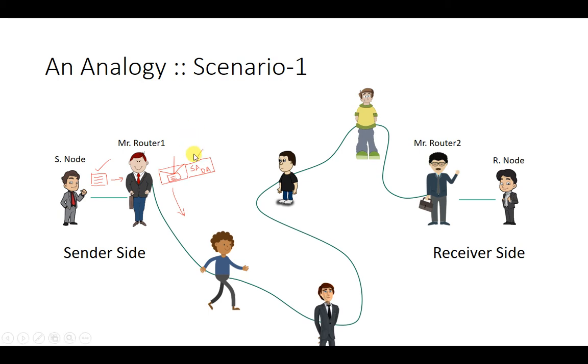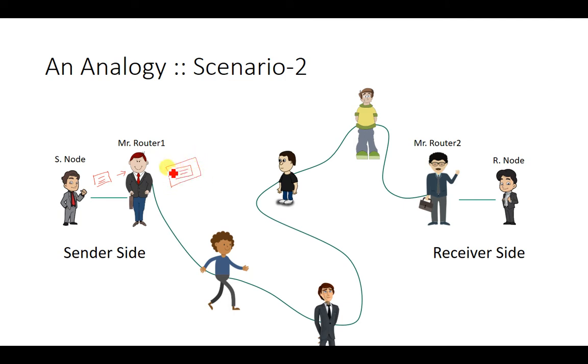But another security feature has been given, which we'll discuss in scenario 2. Let's say the sender node, the S node, wants to send a packet to the R node. In the case of tunnel mode, what we are doing, generally, is that the S node will write the message and give it to Router 1, which is nothing but a router or a firewall. If IP security is applied on this, then he will apply the